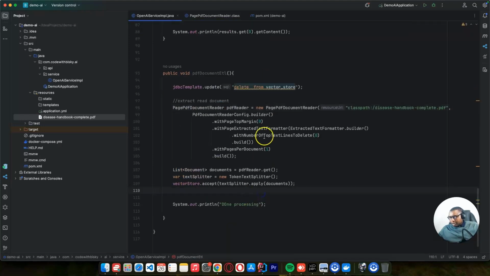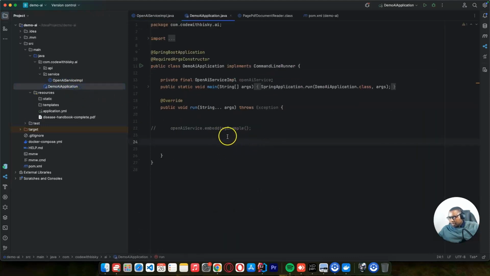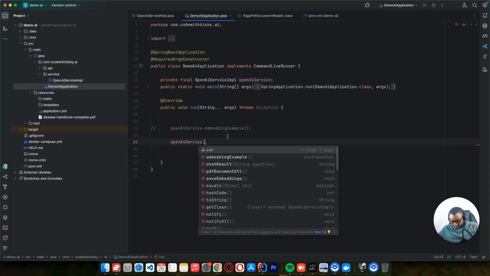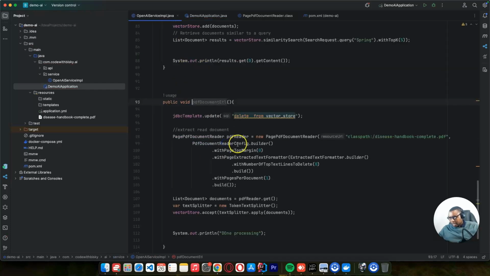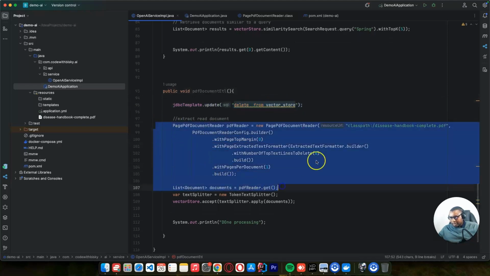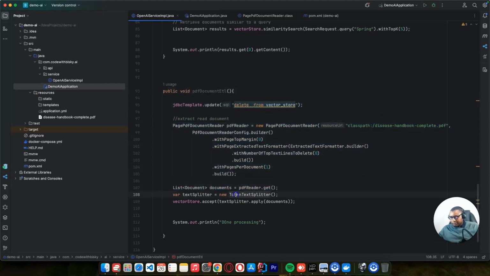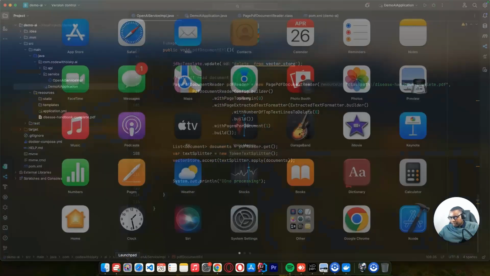After we are done with the processing, we need to call this method. I can copy this method and go into my class here. I want to call this method. I can say OpenAI example, the name of our method, and you can call this method, and it will delete everything. After deleting, we can read our document, split it into chunks, and save it into our database. Let's open our database